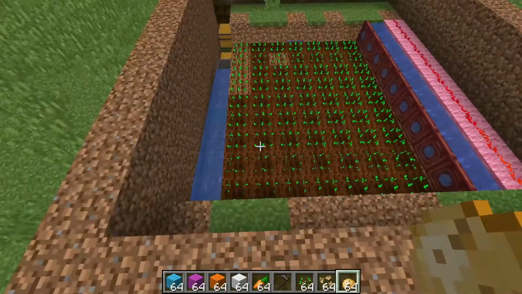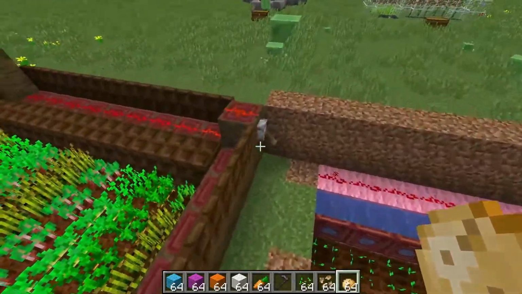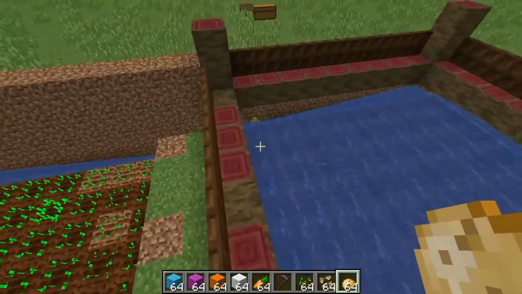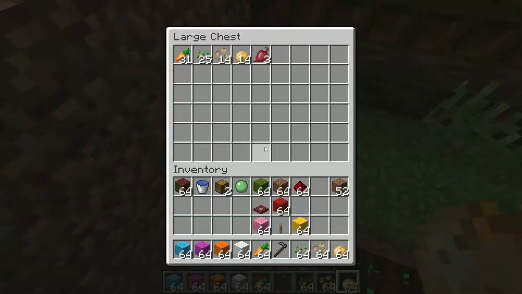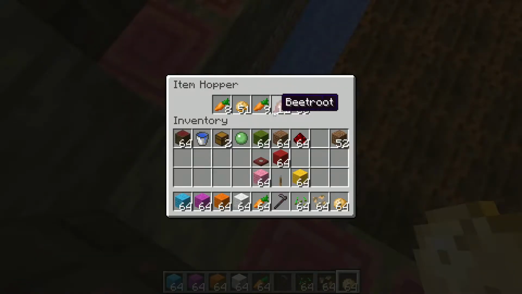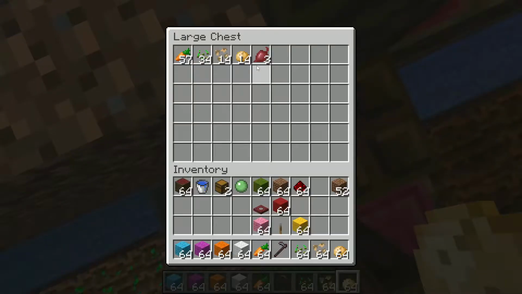So now, as these grow, you can just leave it alone. When they're fully grown, like this one over here, you can flip the switch, and it all flows where it needs to go. The only reason it's not all falling in is because that hopper is getting very, very full right now. As you can see, the hopper is in fact full. But yeah. And then you can go back into that chest, get your stuff,